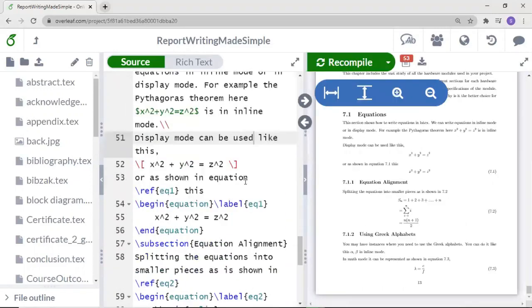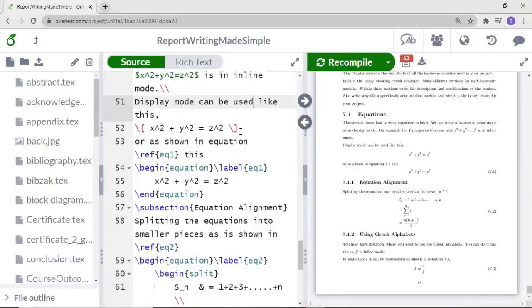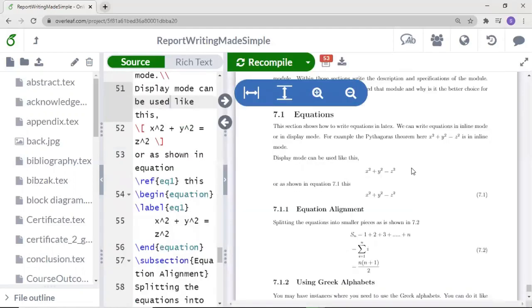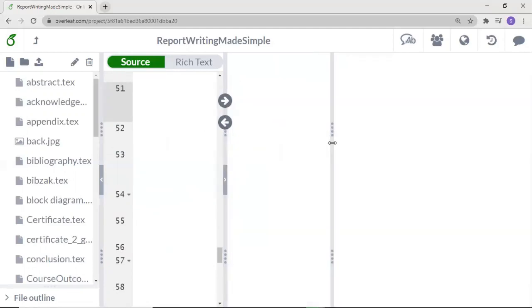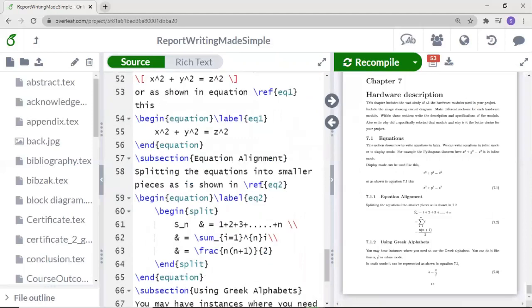The next is display mode. In display mode, there are two types. In the first one, there is no numbering for the equation. You can use it like this. The equation should be inside the square brackets and backslash symbols. Here in the output, you can see that there is no number for this equation. To number that equation, you have another method.